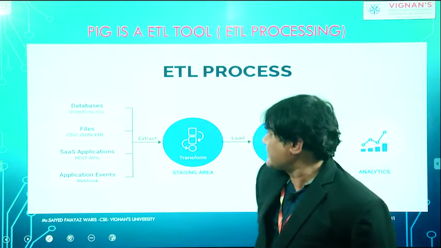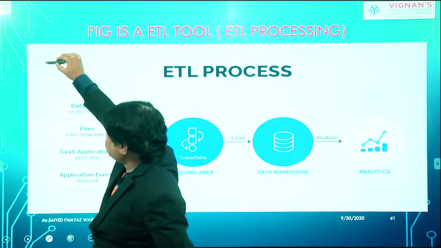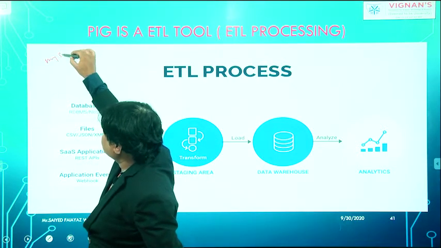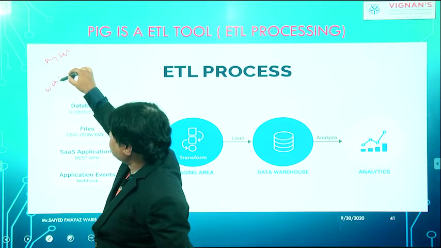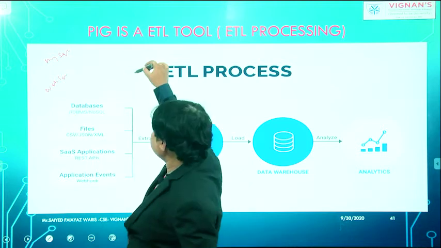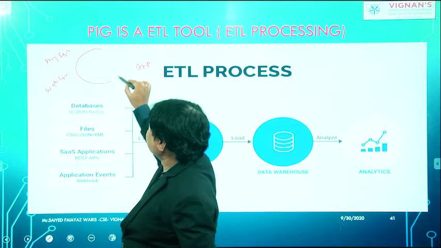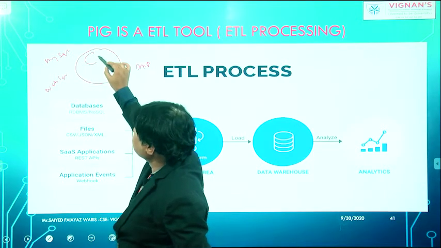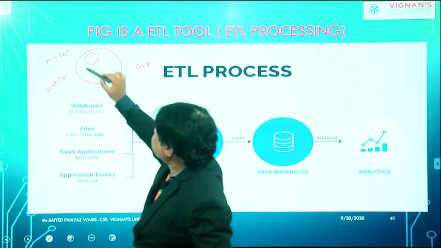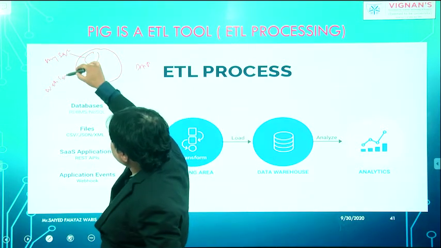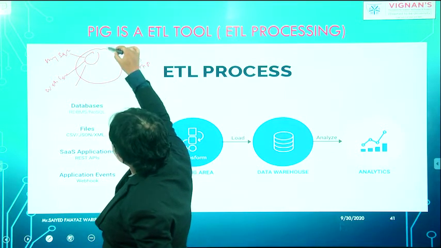What example did I give you last time? You remember? We are taking data from different sources. Last time I told you that you are taking data from MySQL, from the web server, and from the application server. Okay, and placing this data where? Into a folder. It means that we are doing what? You are extracting the data from the different sources, and where are you loading? You are loading into this folder.